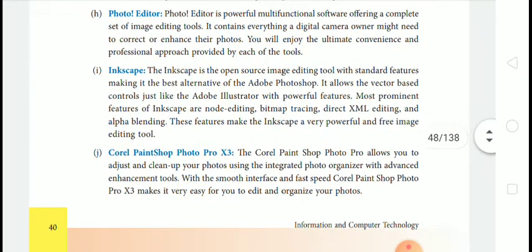Next one is Photo Editor. Photo Editor is powerful multifunctional software offering a complete set of image editing tools. It contains everything a digital camera owner might need to correct or enhance their photos. You will enjoy the ultimate convenience and professional approach provided by each of the tools.